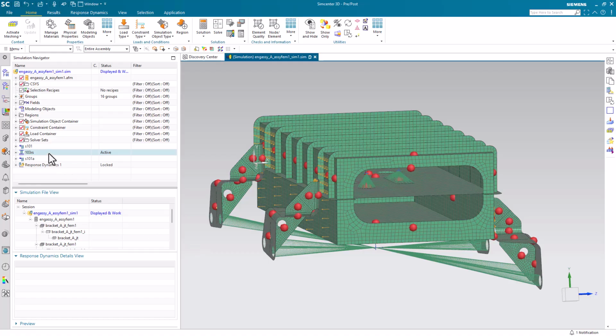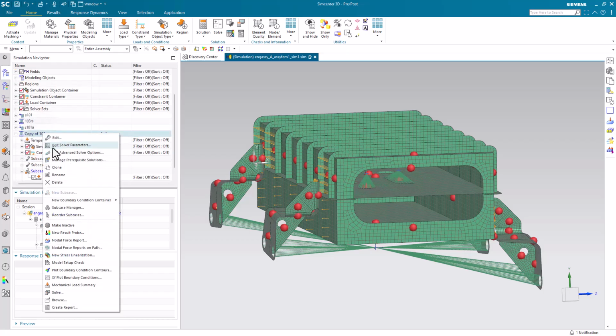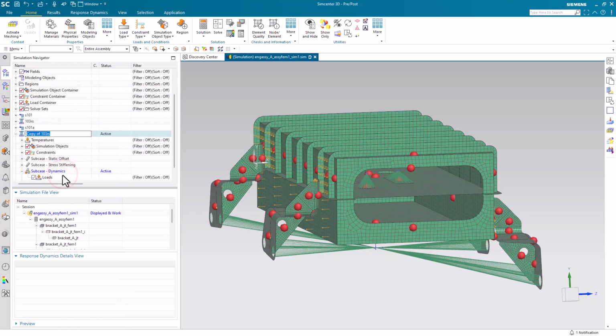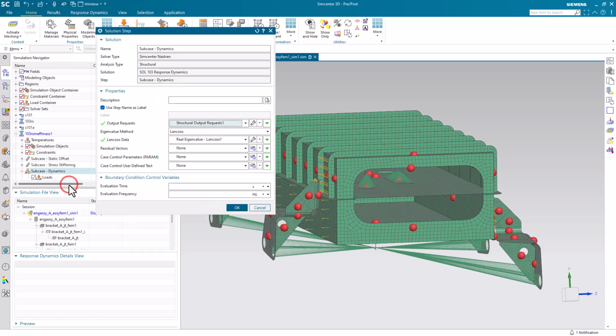Today we'll look at how to reduce the size of your Nastran OP2 file when running a Solution 103 response simulation on a structure with a large number of modes using the MEFFMASS output request. We're starting from the end of this video where we've already set up the response simulation, and we'll begin by